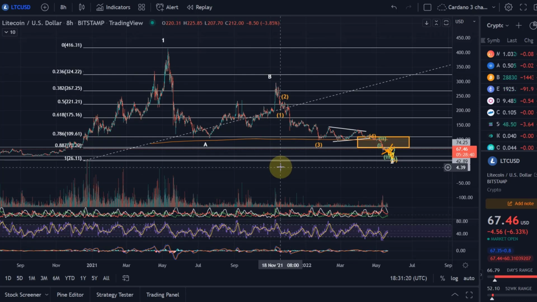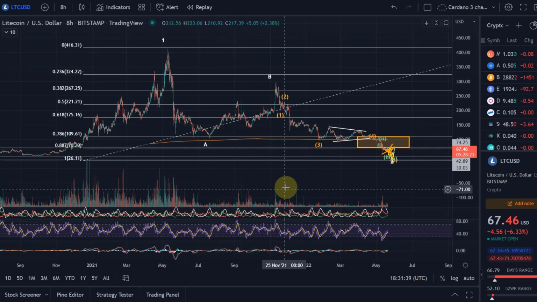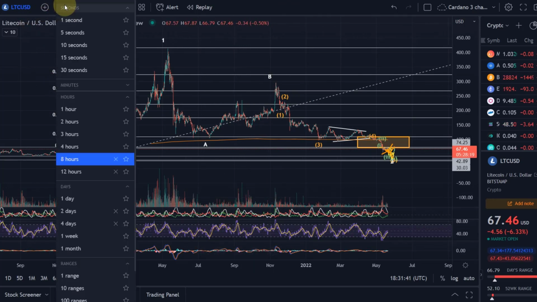When we see the low, then we should start to get into an impulsive move to the upside. So we should see a recovery in the market, but this is only what I currently see. Perspectives can change in the next few weeks, and the TA can only give you a momentary snapshot of the chart. And this is how I currently see the market here for Litecoin.